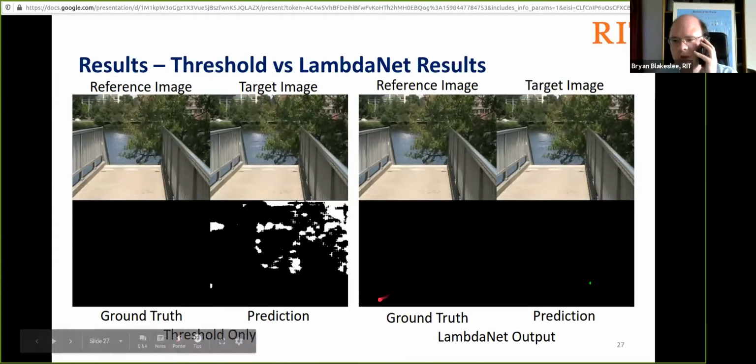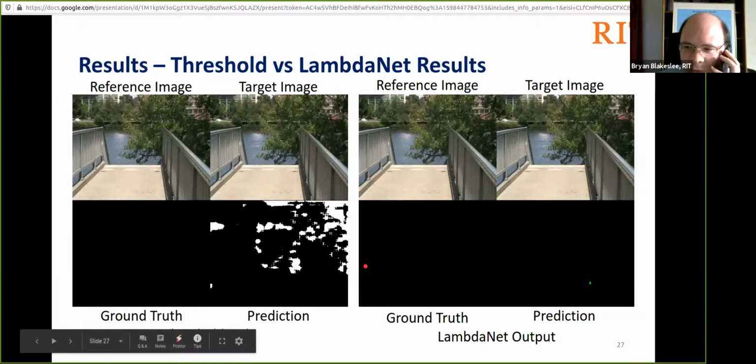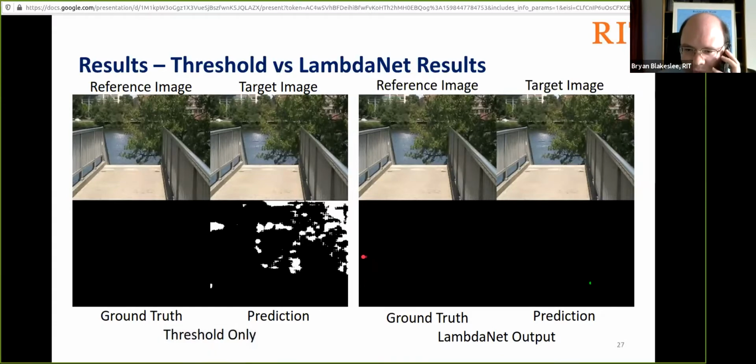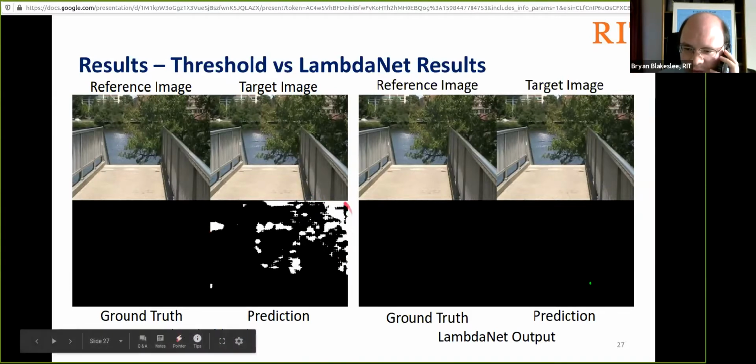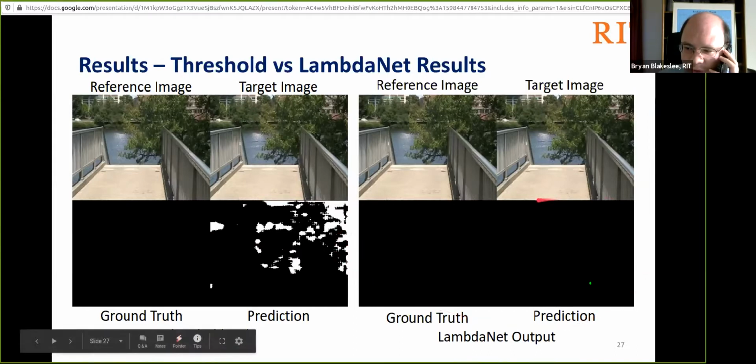But what happens when we give it images that are basically the same? The only real difference between these two image pairs is that the tree branches have moved in the wind. And we can see that under these conditions, the threshold-based technique generates an immense number of false positive changes versus LambdaNet, which is almost entirely blank.